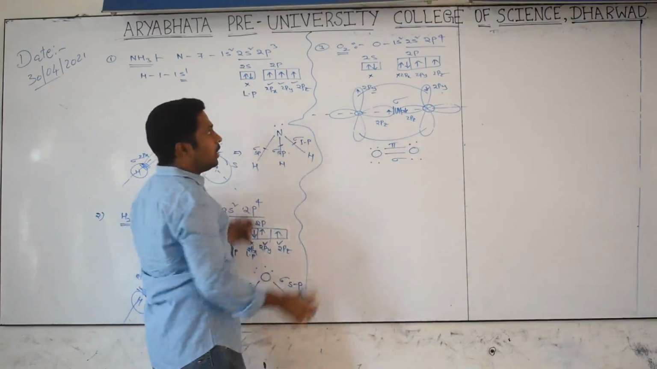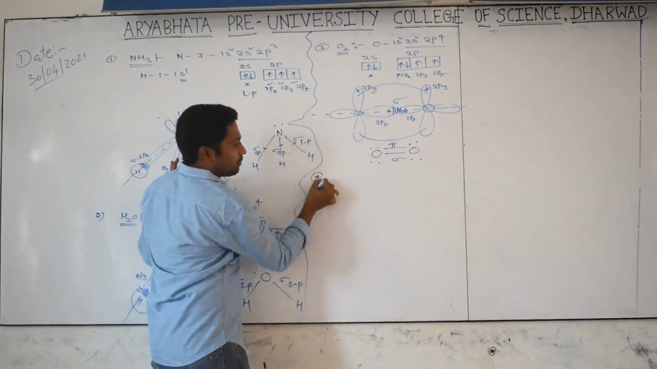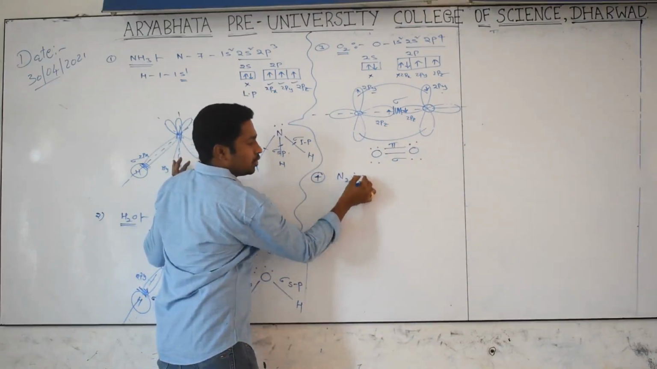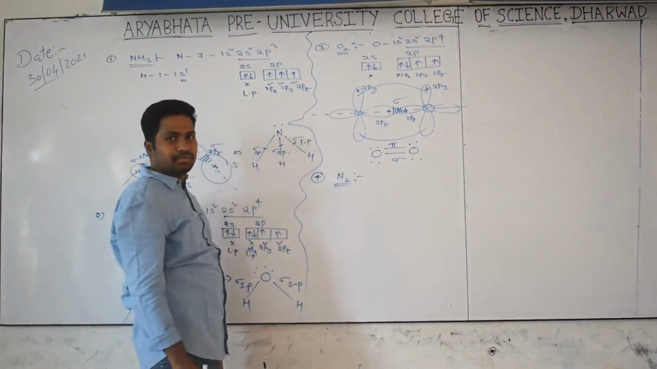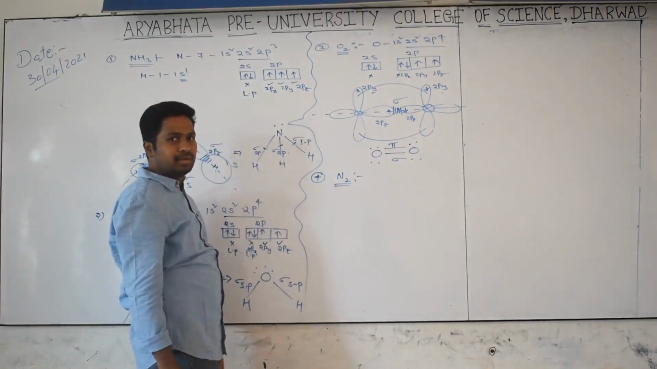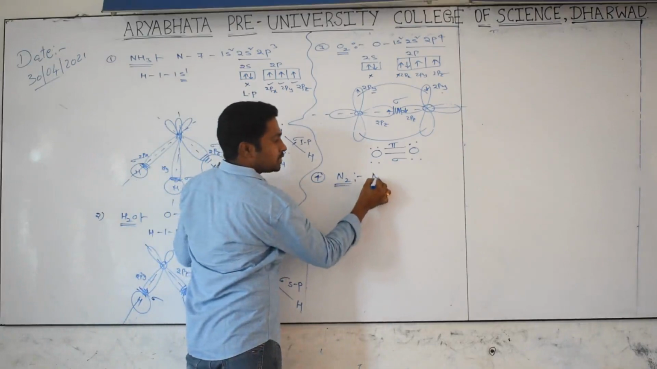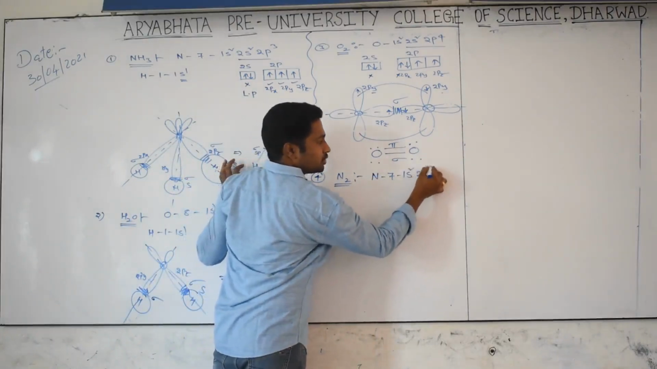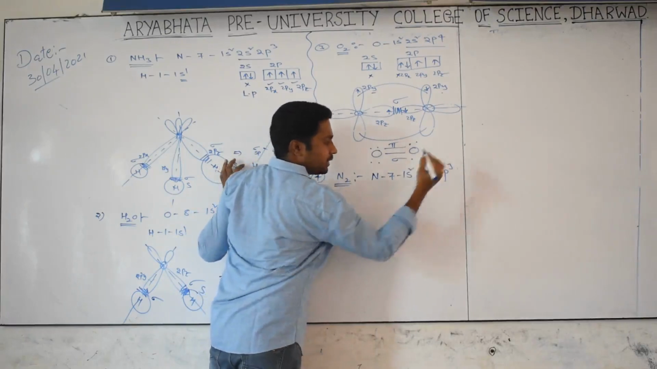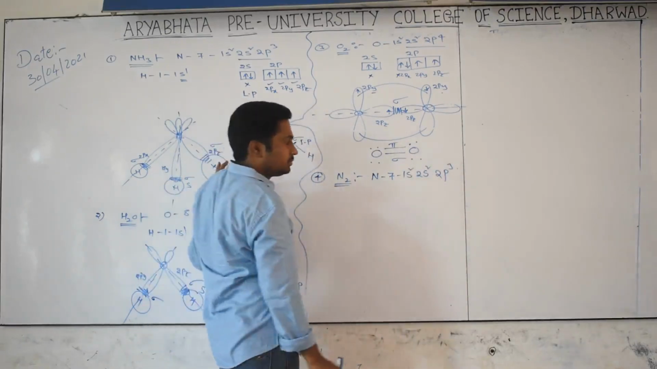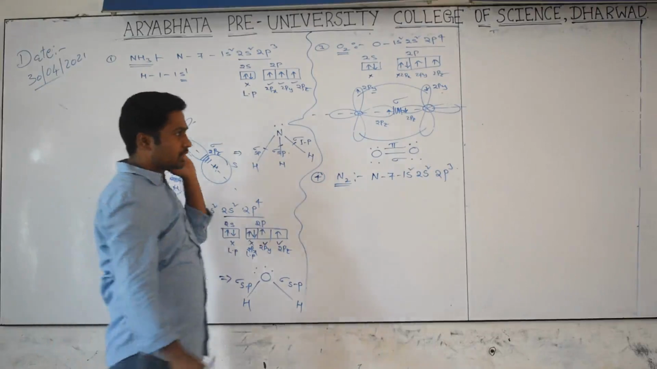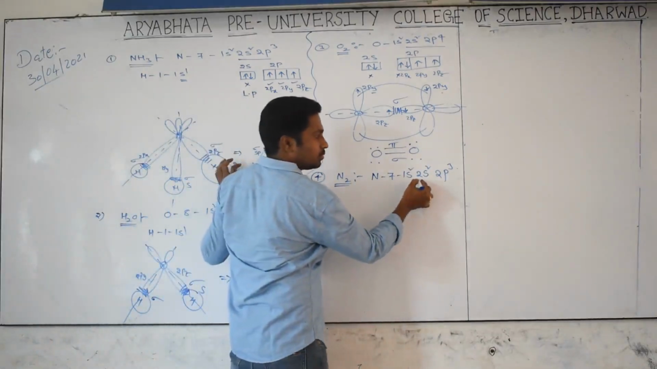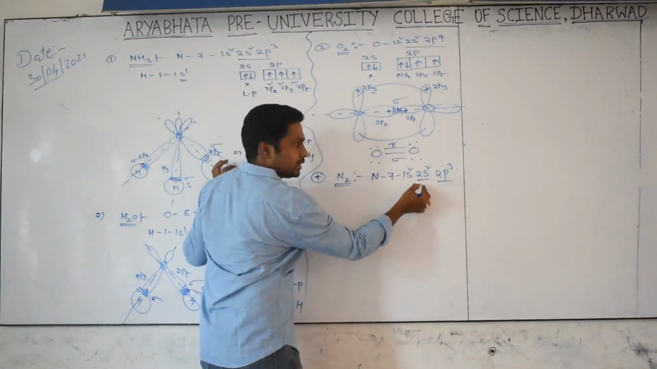Is it? Now, I will give you one more example, nothing but the N2 molecule. See carefully. You take nitrogen, atomic number 7, configuration 1s2, 2s2 and 2p3. Already we know from nitrogen the s and p orbitals. Yes, the s orbital is already